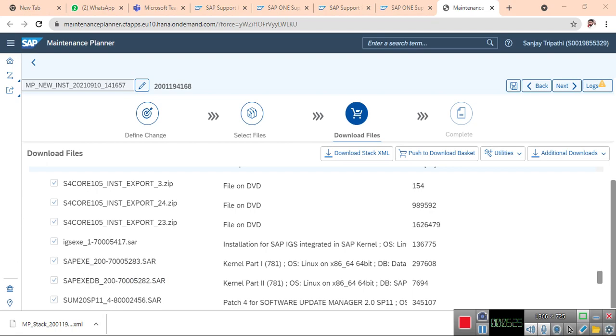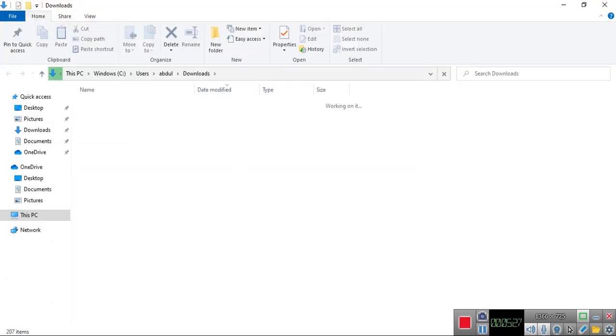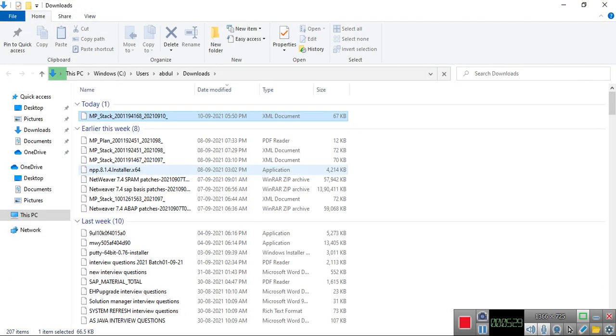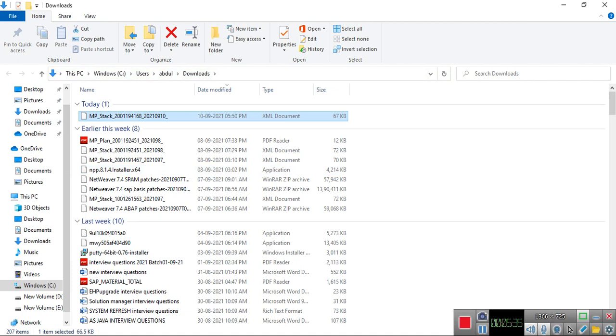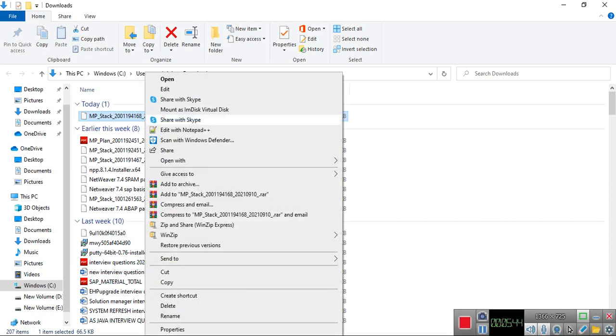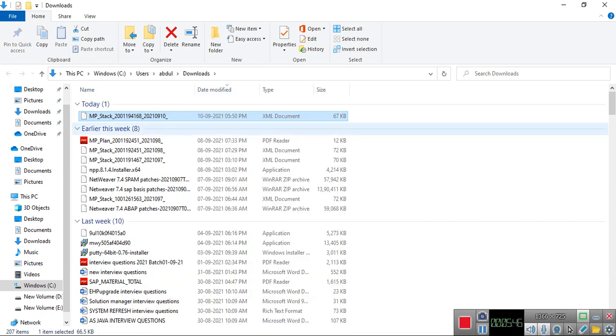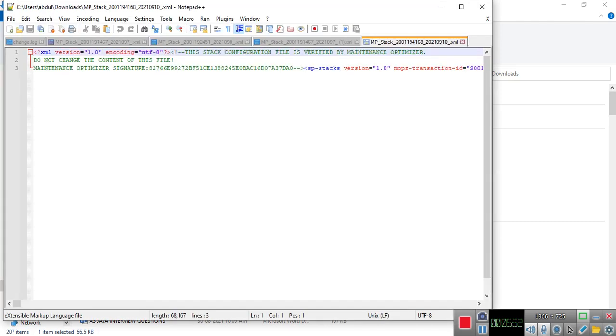Simple. The stock XML file contains your SID, your installation number, your host name, and all the required softwares. This is your stock XML file.